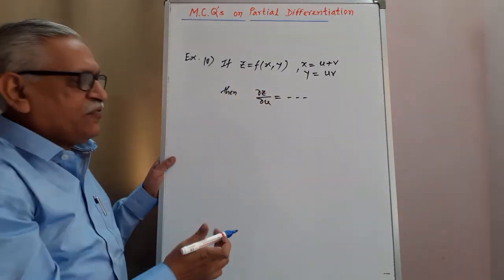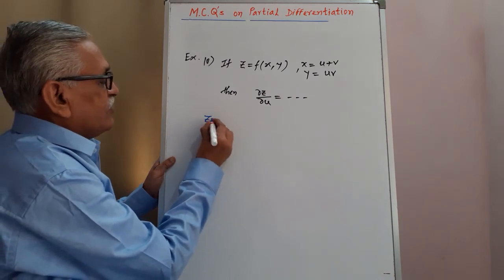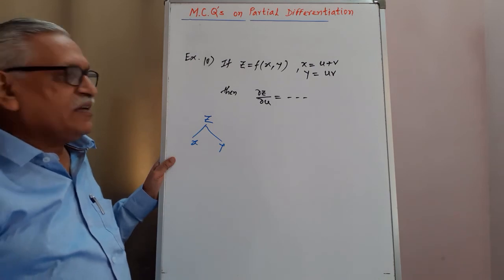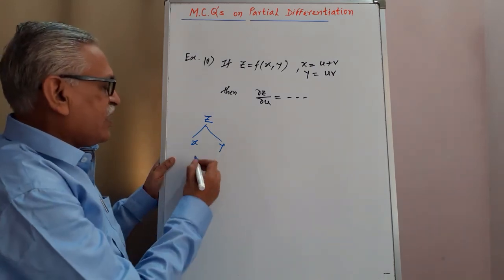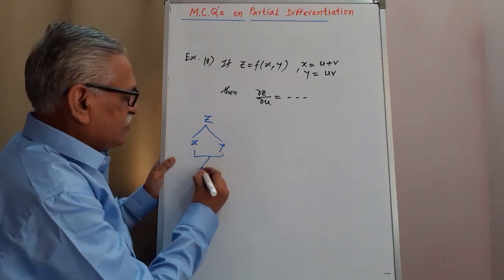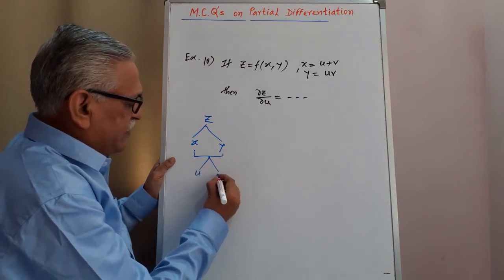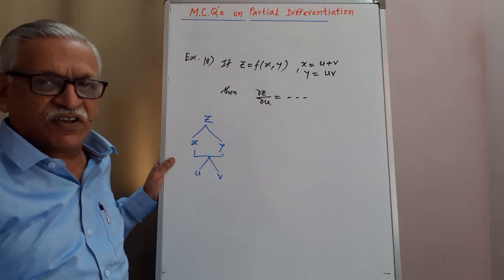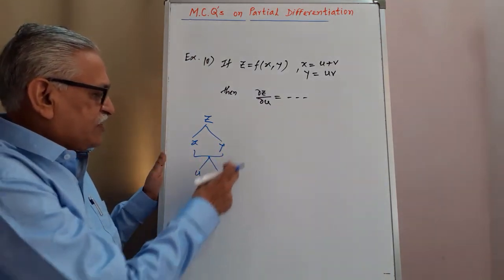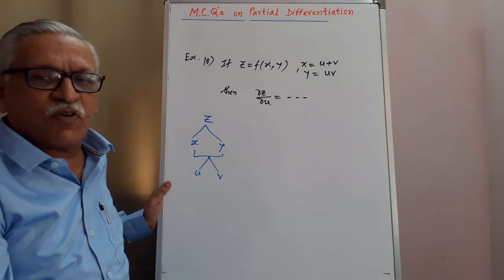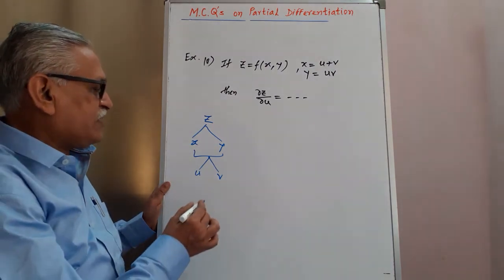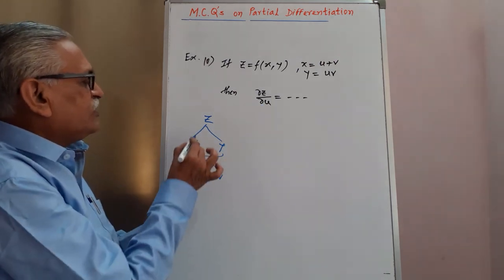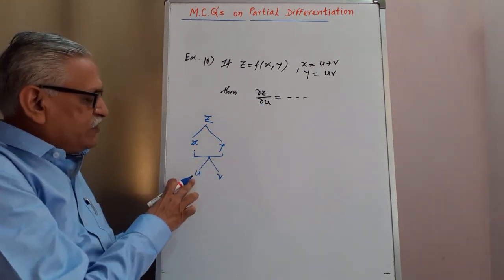Here z is a function of two independent variables x and y, and these x and y are again functions of another two independent variables u and v, which means it becomes a function of function. And whenever we have such a type of tree diagram, it is a problem of change of independent variables, and therefore to find the value of ∂z/∂u, we can differentiate this z with respect to u,